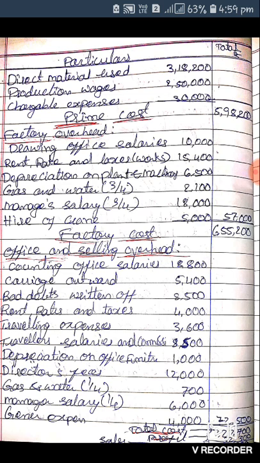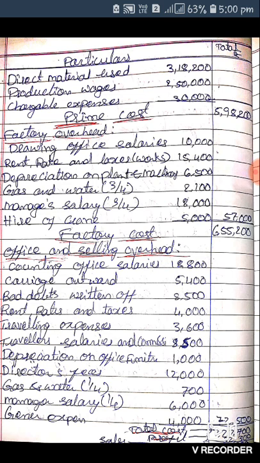Because the company is a manufacturing company, they will definitely have factory expenses. So here the drawing office salaries are 10,000, and rent, rates and taxes, that works means factory, so those are 15,400,